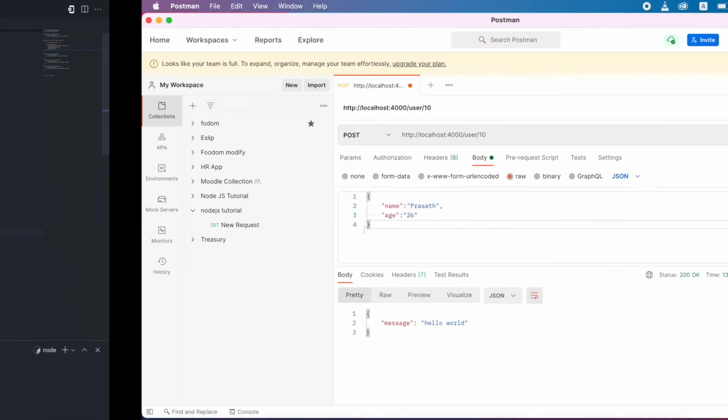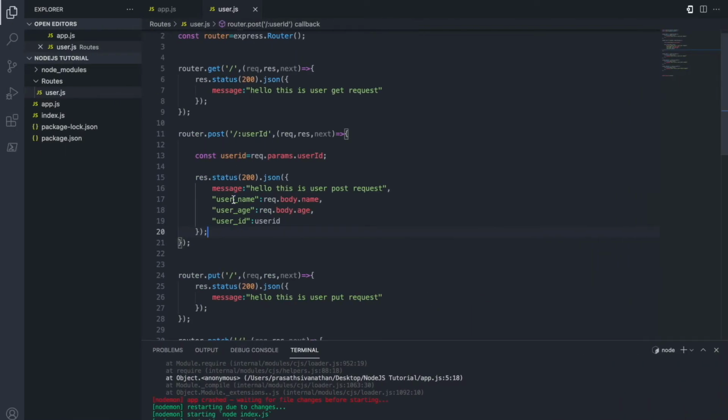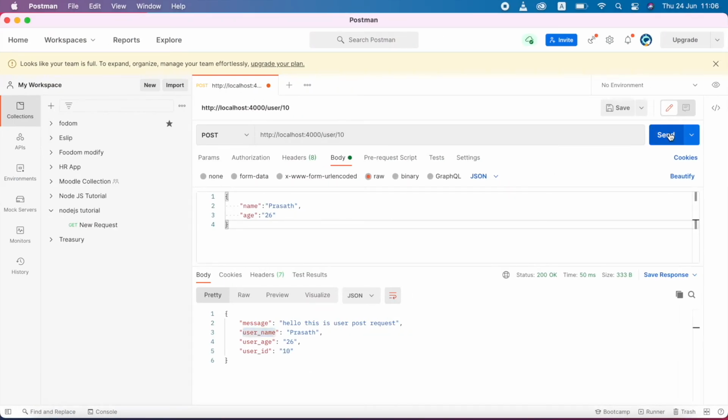So now I'm going to Postman. I send the request again. You can see here this is working very well, but we don't need to keep the double quotation here. You can see we typed everything inside the JSON object, so this will automatically be taken as a key. So now we are going to send the request again. See, there is no difference between our previous message and current message.